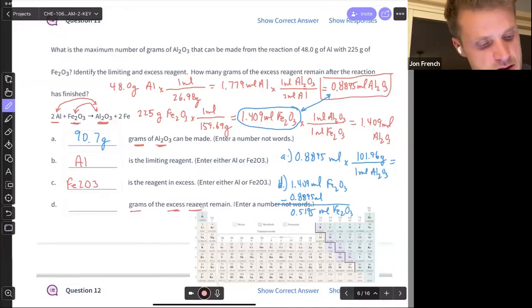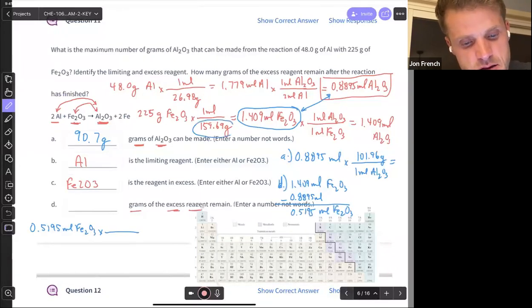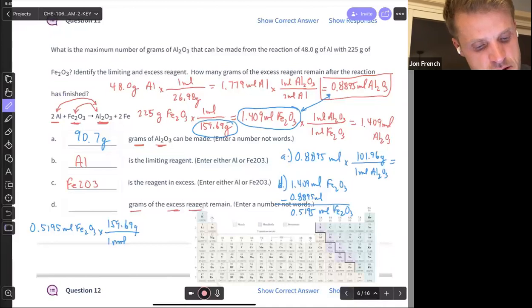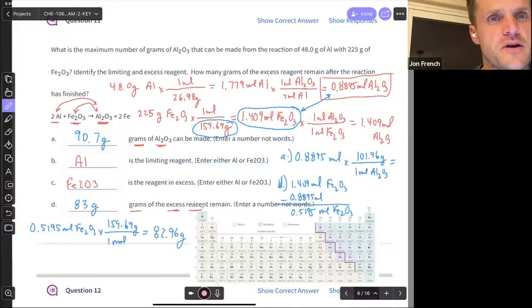So we need to turn that into mass. So 0.5195 moles of the iron 3 oxide left over. We're going to use the molar mass, right? 1 mole is 159.69 grams. So multiply by 159.69 to see we're going to have about 83 grams left over. I get 82.96 grams, about 83 grams left over